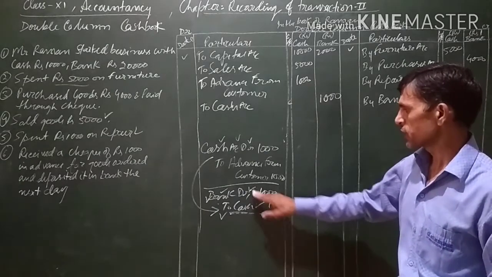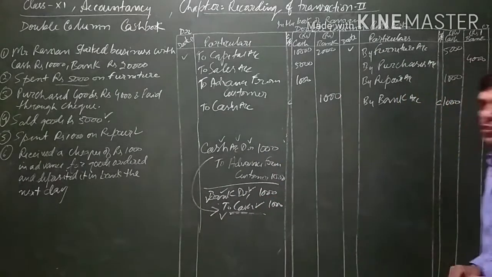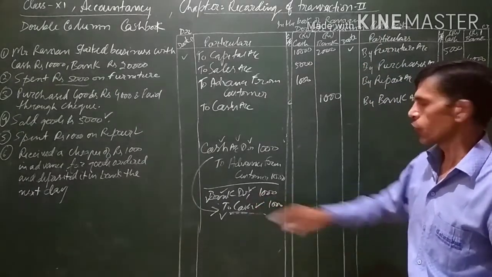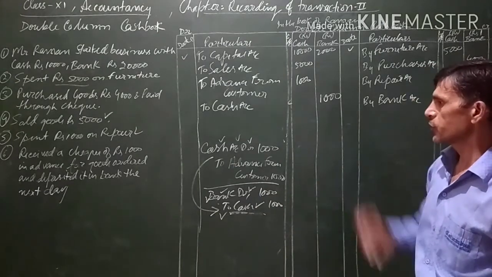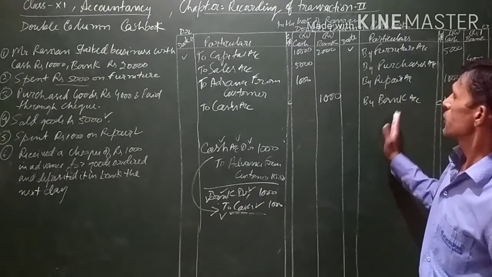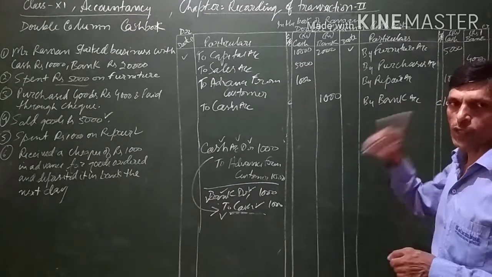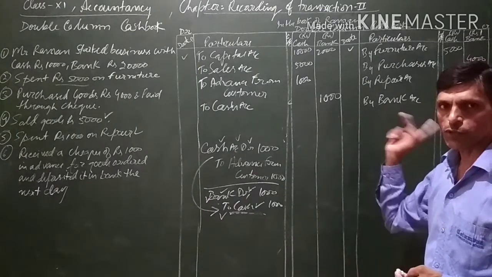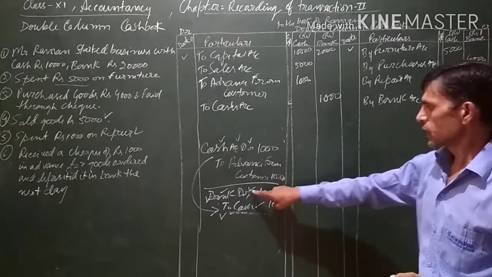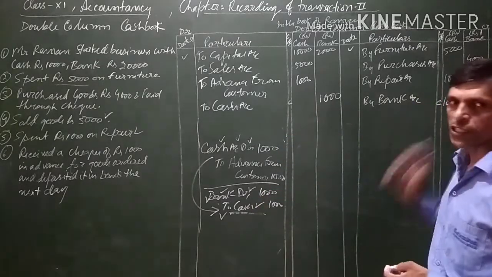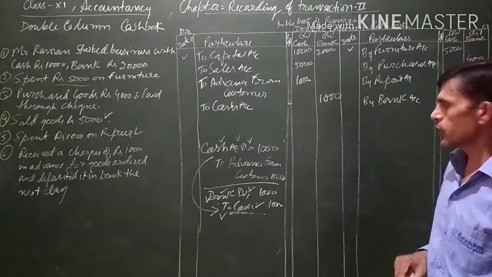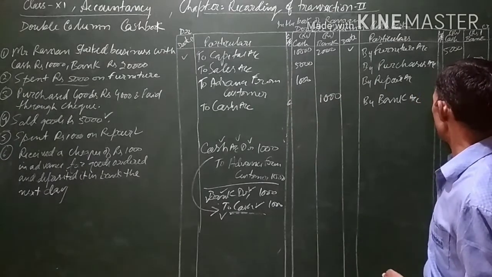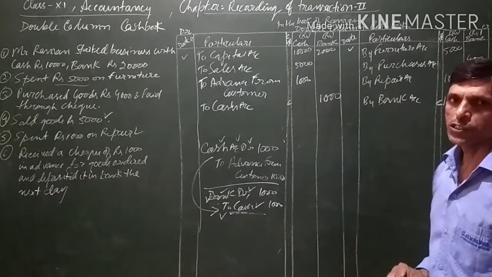Means here the debit as well as credit accounts will both be written in the same book, that is in the cash book itself. The entry for this will not be posted anywhere else. Whenever a journal entry is passed, after passing it in the journal, we transfer it to the ledger. But here, since cash and bank accounts have been debited as well as credited in the journal itself, this will not be transferred to any other ledger. That is why it is known as a contra entry. Means its contrary or opposite entries are appearing here itself.